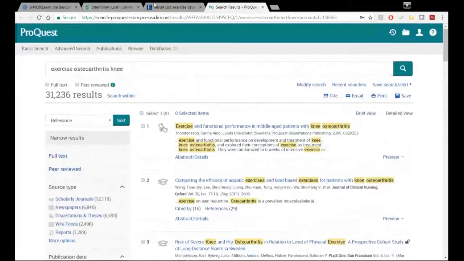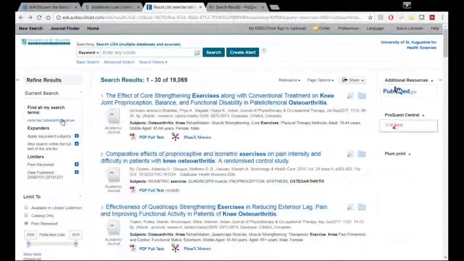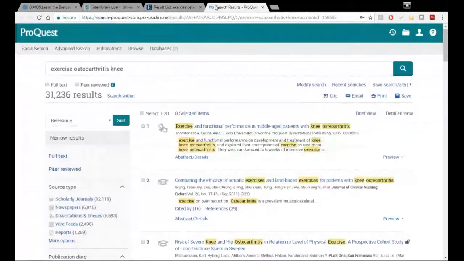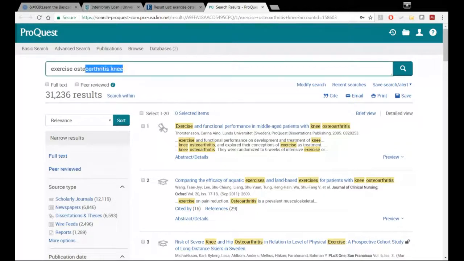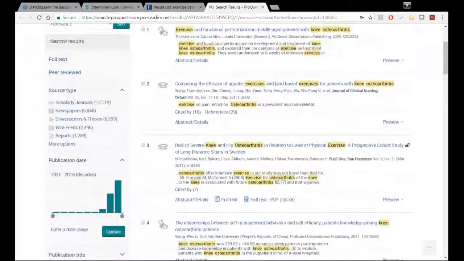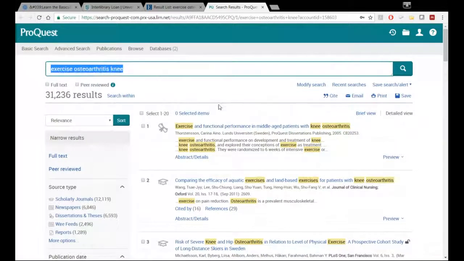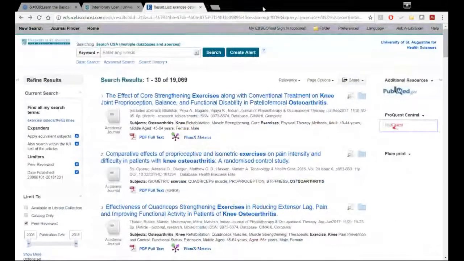And again, when you link out to ProQuest, then it actually takes your keywords with you, which is always great and always useful. So there's that. And the other thing that